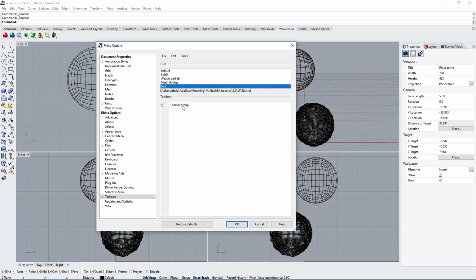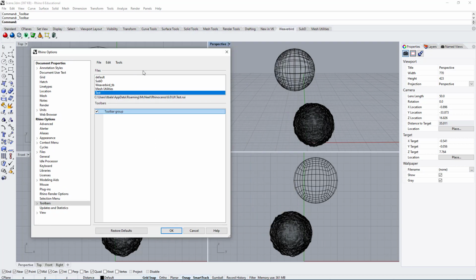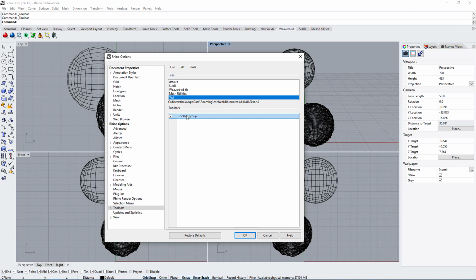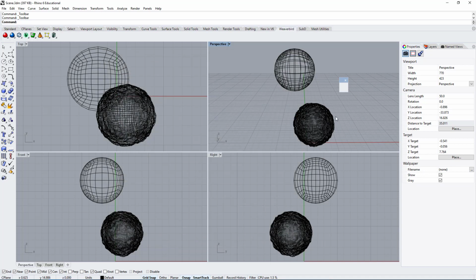And now we have a new toolbar with nothing in it. If you look behind this panel, you should see something. It looks like you don't see anything because there's nothing in that toolbar. But if you enable and disable it, you do see that there is something that appears. So this is a toolbar or a panel, depending on how you use it. So let's accept this. And now you have this empty box.